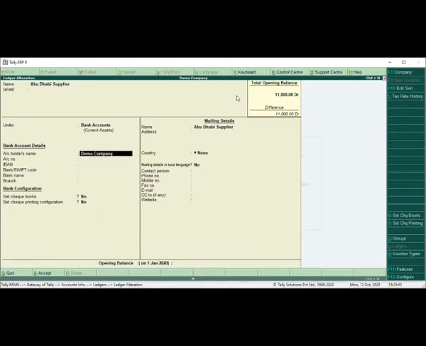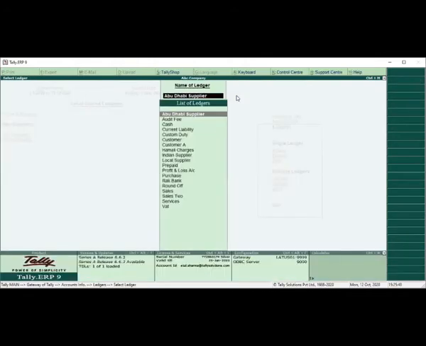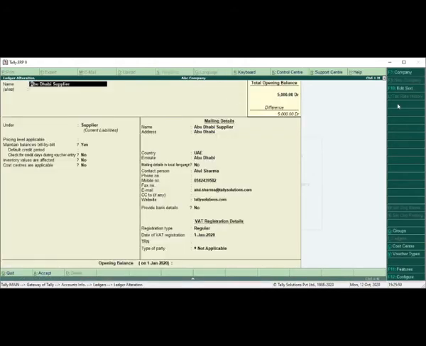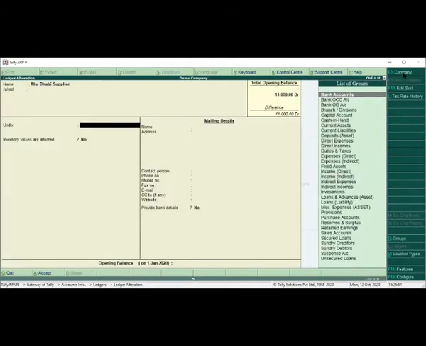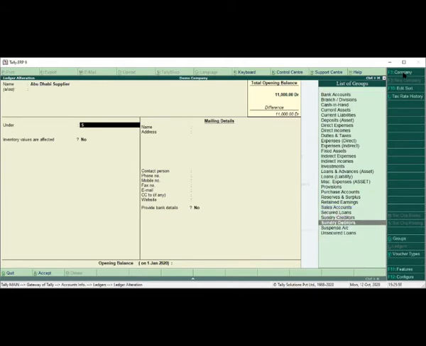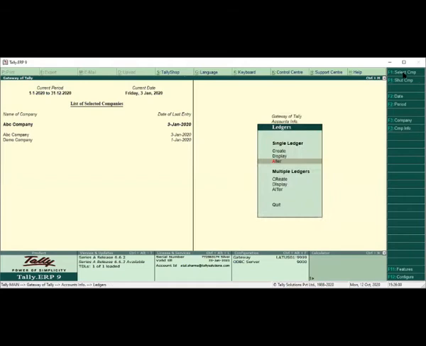Once you click on demo company, you will get all the details automatically. Let's see, Abu Dhabi, F3, I'll select another company. There is some issue from my end, but if you duplicate it, you will get the same details.